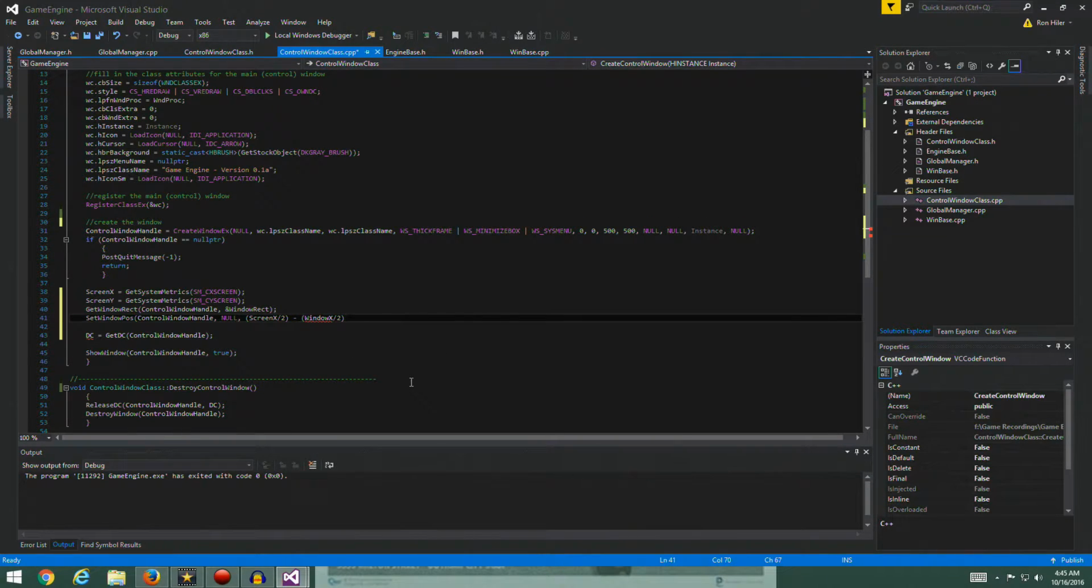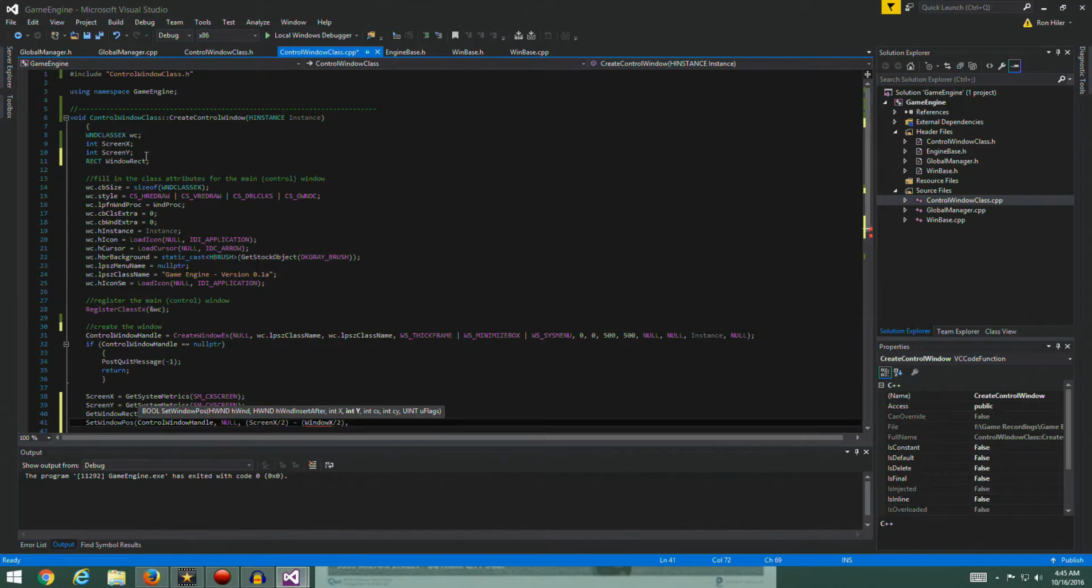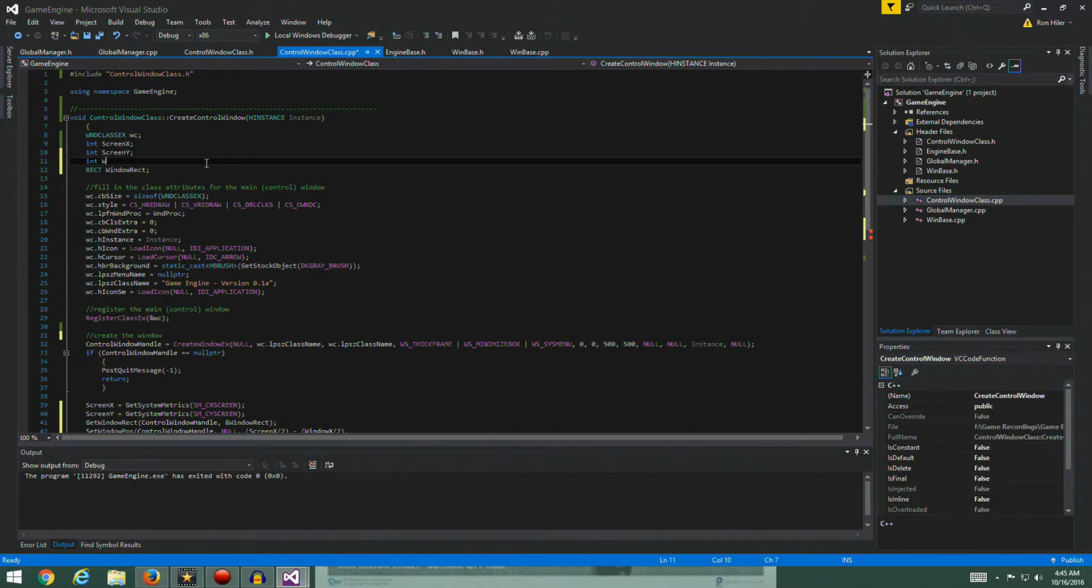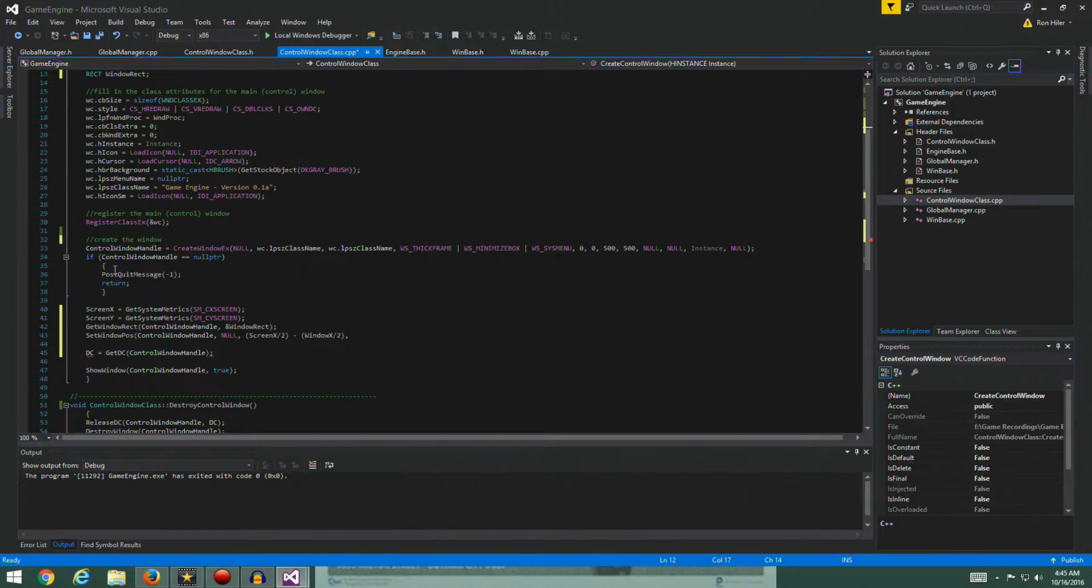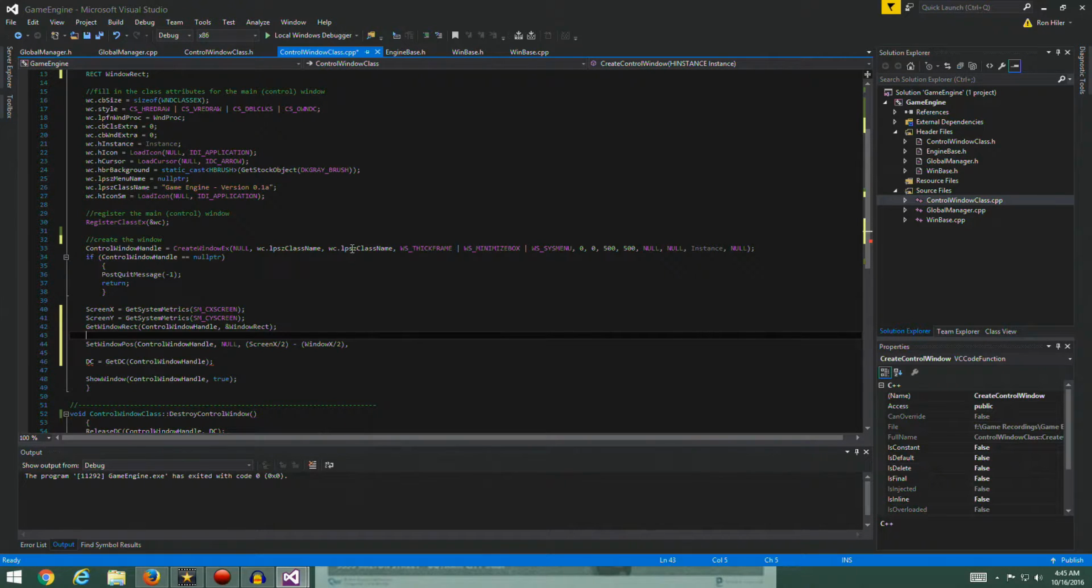And let's put those in parentheses. All right, it doesn't like that. So, int window X, int window Y. Okay. What we've got here, when we get the window rect, is a rectangle into the window. It's going to have the upper left corner position and the lower right corner position. Now the upper left corner position should always be 0. So technically this probably isn't necessary, but just to make it